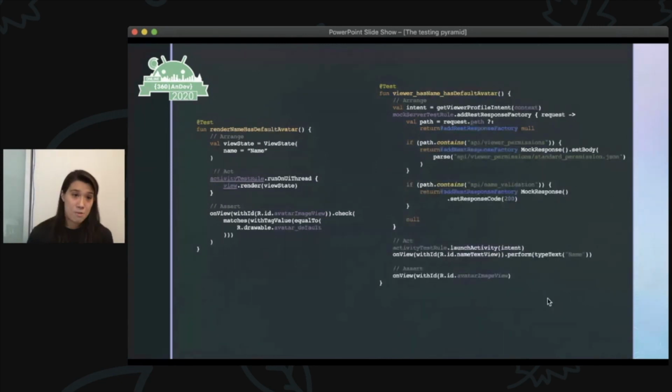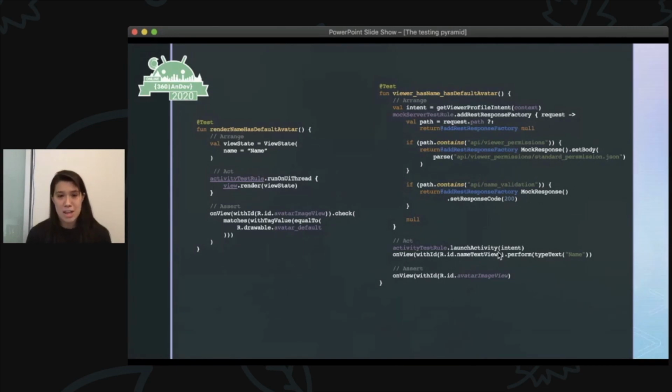If we check the name, things get even worse because there's real-time name validation on this text field. So not only do we have to mock the first call with the viewer permissions coming back through, we also have to stub the name validation call to make sure it returns, in this case, a 200, so that we don't end up in another kind of error state where the user has an illegitimate, well, unallowed name.